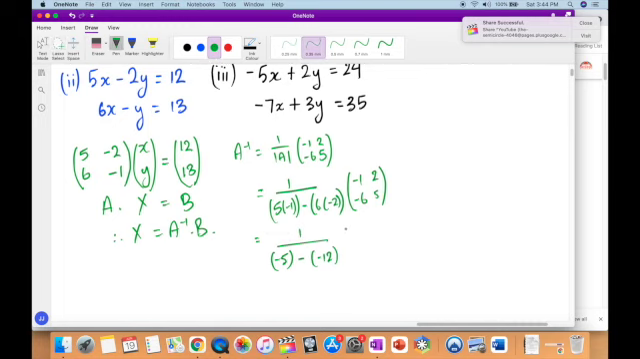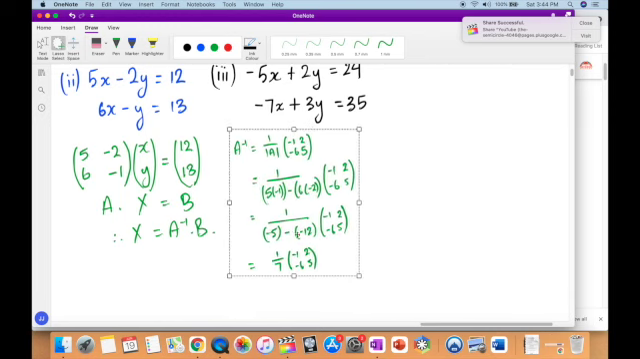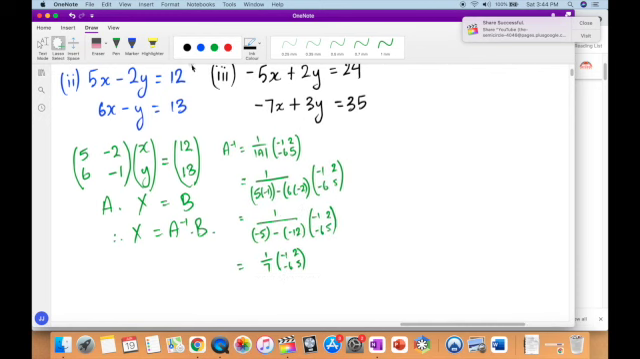1 over the determinant multiplied by negative 1, 2, negative 6, 5. Notice how I keep writing over the same thing. So negative 5 plus 12 is negative 7, is it? Negative 5 plus 12 is positive 7, sorry. So that's 1 over 7 into negative 1, 2, negative 6, 5. Alright, so this is my determinant here, because that double negative means that will become plus 12, right? So therefore,